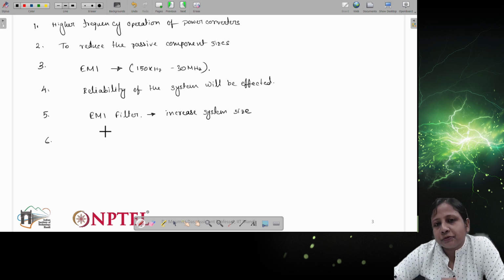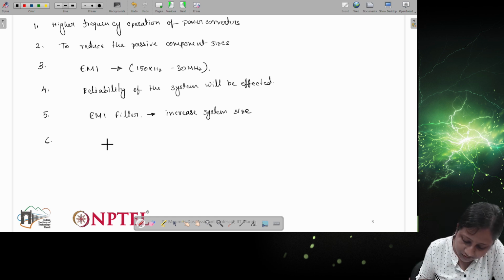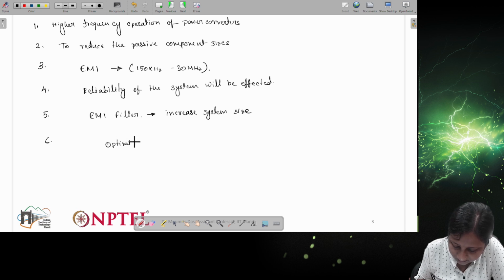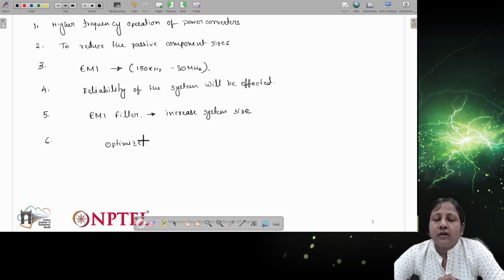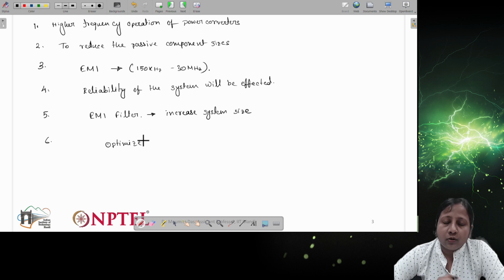So then what do we have to do? We have to see how we can optimize the system operation, or the operating frequency, and also optimize the filter so that the system size will not be higher, but it will also not have higher levels of noise by using a low value of the filter, right? So this is the thing we need to look into. Okay,